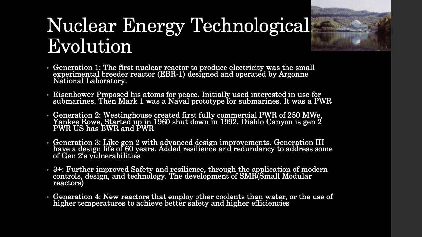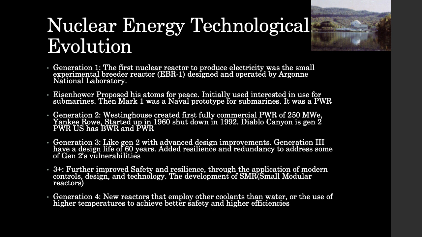This next slide is about the evolution of technology for nuclear energy being used for electricity production. The first type of nuclear reactors were actually created for naval submarines to propel them through the water. This is because when you're underwater, you cannot burn traditional fuel, and that's why nuclear energy was the best candidate for a submarine. The Gen 1 reactor was an experimental breeder reactor that was designed and operated by Argonne National